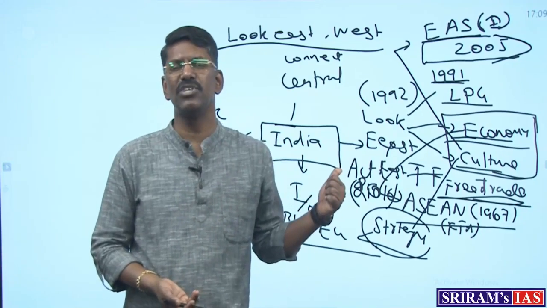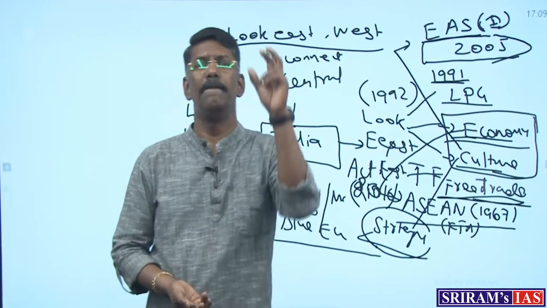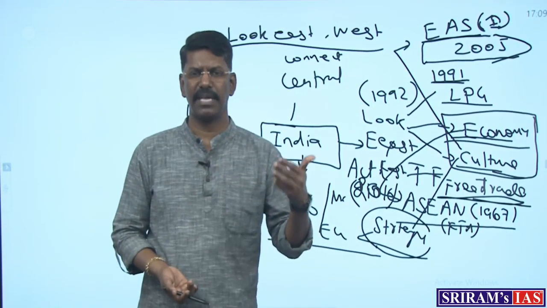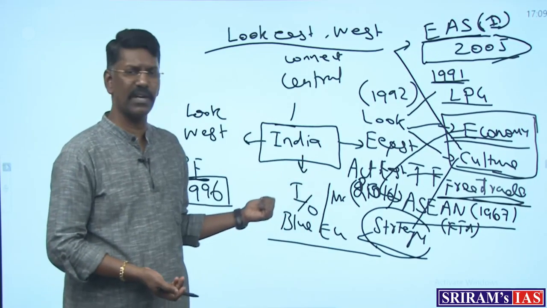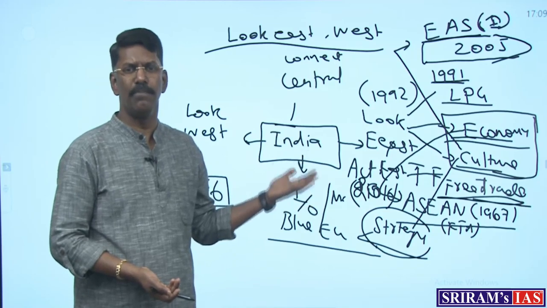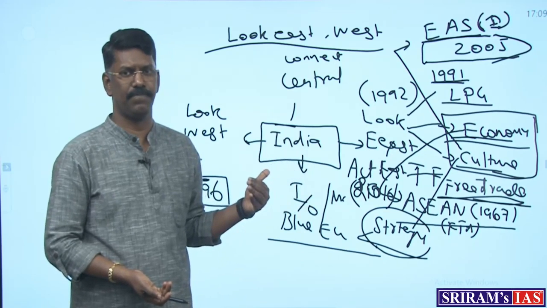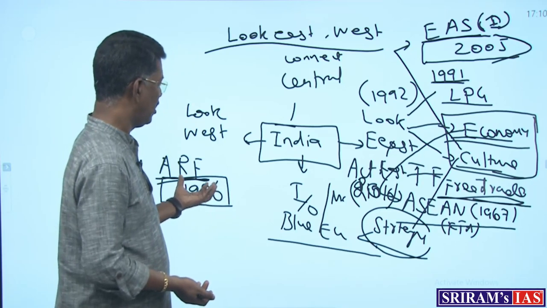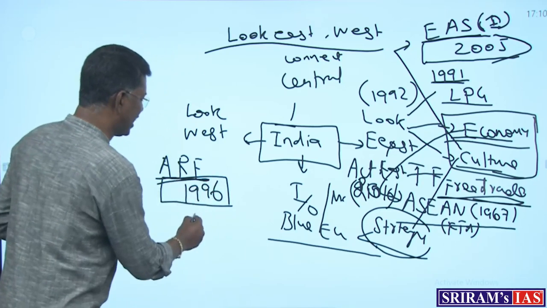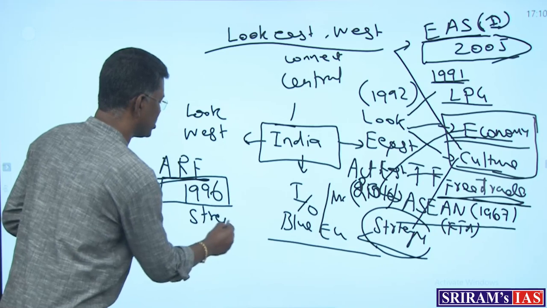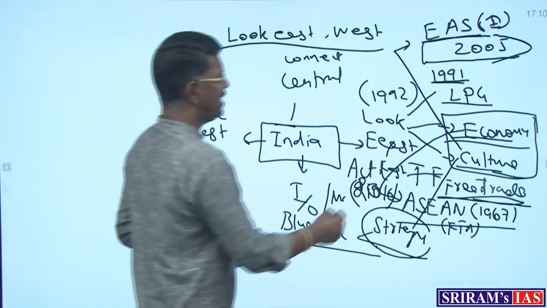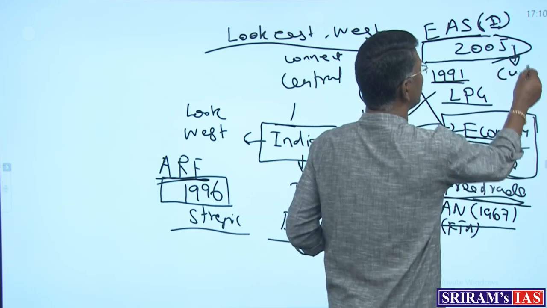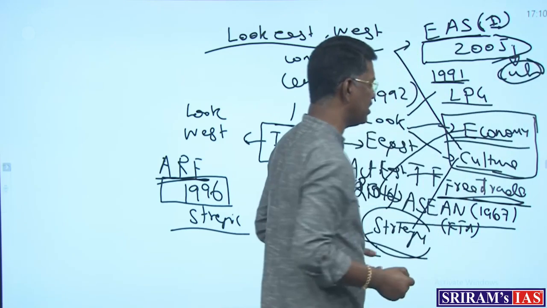But the ASEAN Regional Forum was the first initiative beyond the concept of Look East, beyond the concept of military, that came into existence. That became the first organization India entered into beyond the UN Blue Helmet policy. Then, moving further, the ASEAN Regional Forum helped India to achieve its strategic interest. The East Asian Summit since 2005 helped India to build good relations with the cultural cooperation of ASEAN countries,